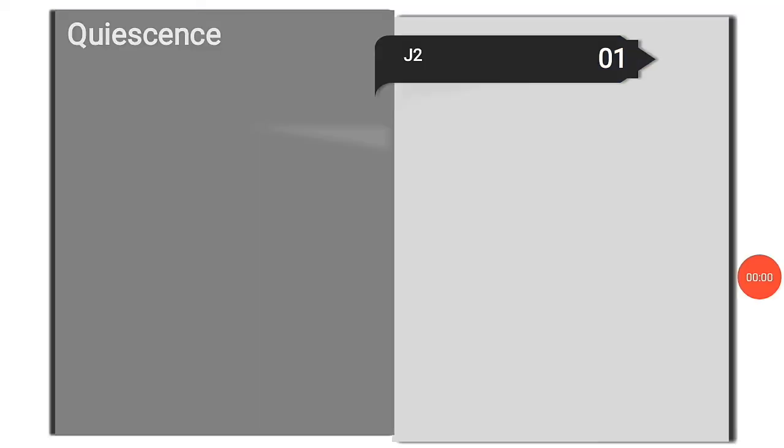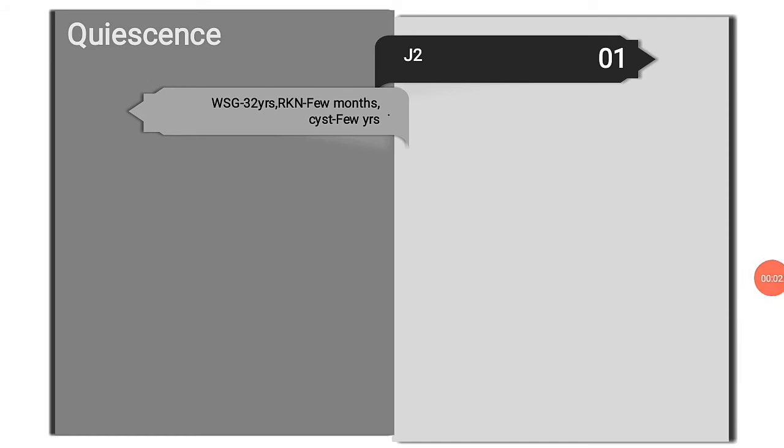J2 stage, the wheat seed gall nematode, Meloidogyne incognita, cyst undergo quiescence. The wheat seed gall nematode, that is Anguina tritici, undergoes quiescence for about 32 years, the highest years any nematode does. Regarding the wheat seed gall nematode, 3000 to 12,000 nematodes are present within a single gall.